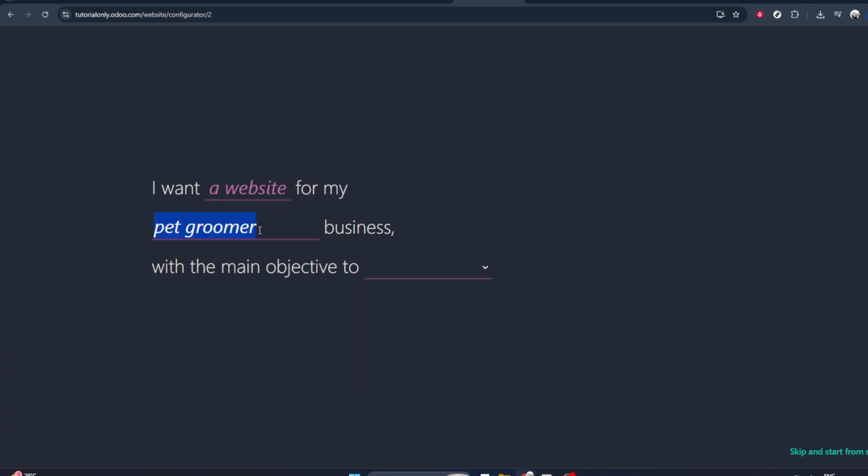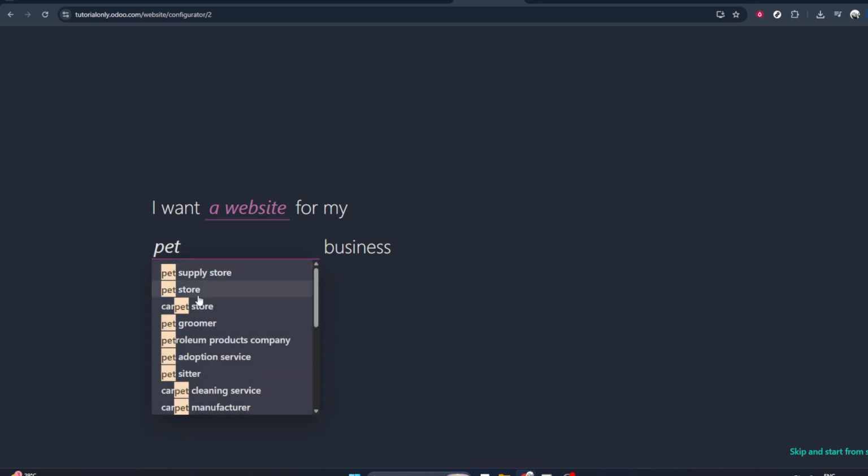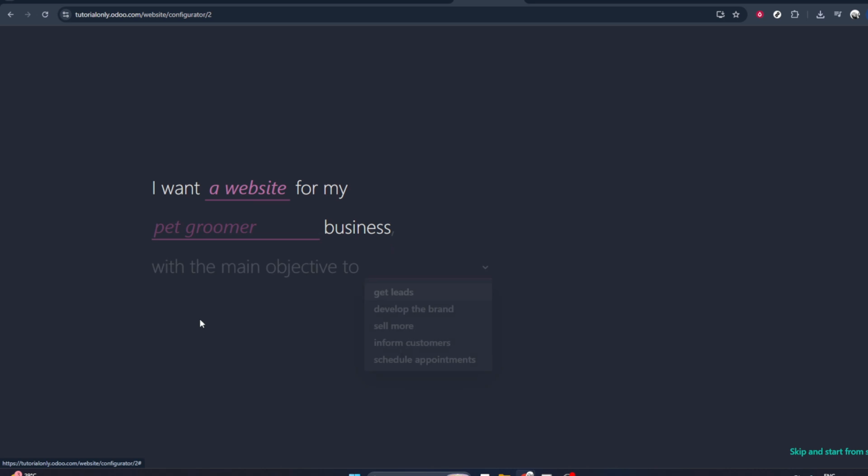You'll then be asked to click on the type of website you want. This is where you indicate the general category or style of site you're creating. Once that's open, you'll see a field where you can type the name of your site or your business name. Enter something that clearly represents your brand or project, since this can influence the suggestions and structure that Odoo prepares